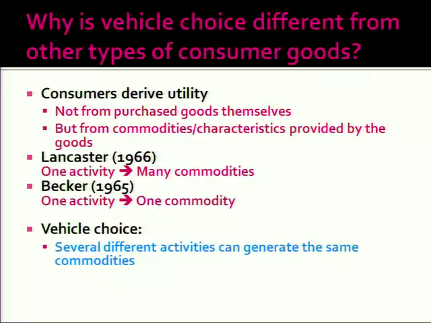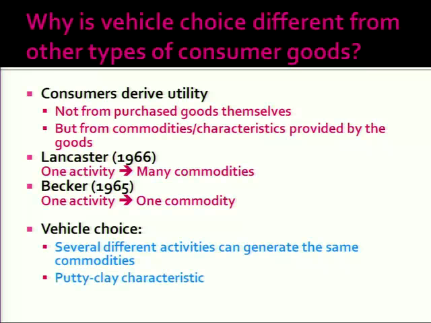So what I mean is that you can choose a big truck, you can choose a small car, you can choose a hybrid car, you can choose to walk, you can choose to bike, you can choose to take the MAX, and all of those will generate the same kind of commodity, which is transportation, getting you from point A to point B. So that was one of the main foundations for how we wanted to construct our vehicle choice